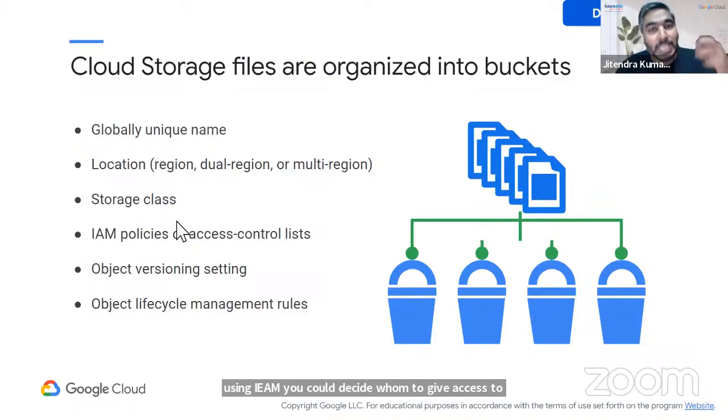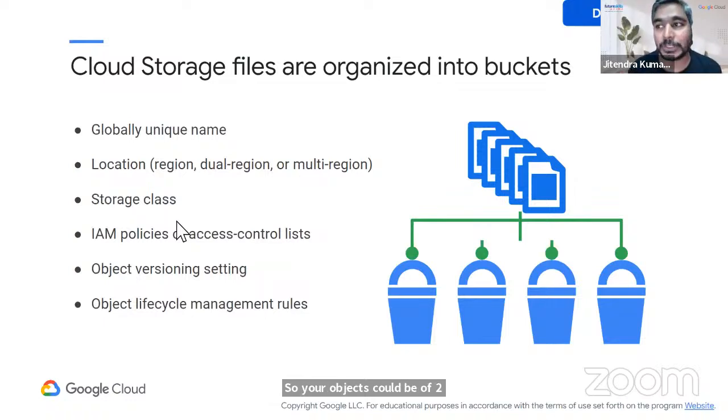Right, now imagine there is an image that you want to publish on your website. That is something you might want to make public. Right, so your objects could be of two types, public or private. As well, for administration purpose, you could use IAM or ACL lists there. Okay, you can also do version control. So you could have files with multiple versions maintained here. You can list those versions, you can delete, you can retrieve a previous version, you can make a previous version the latest version, etc. Right? That is something that is available for us.